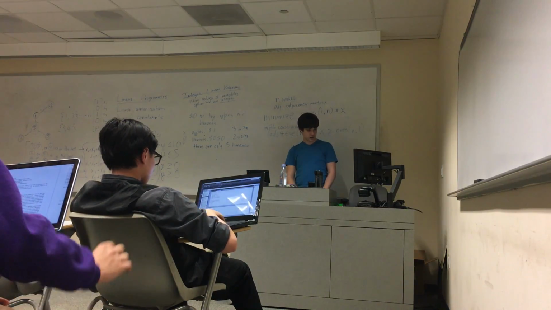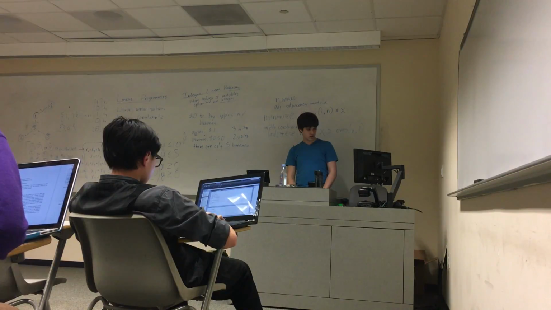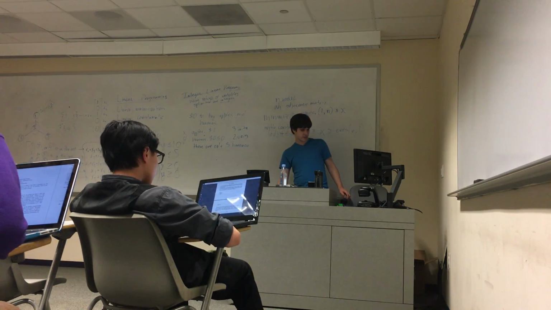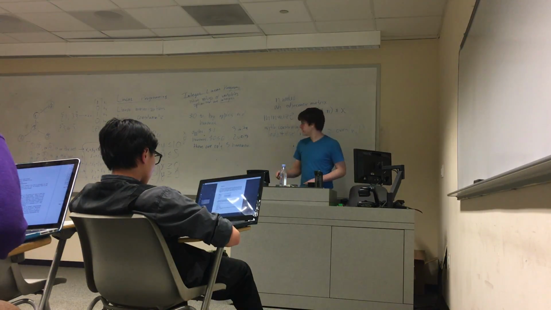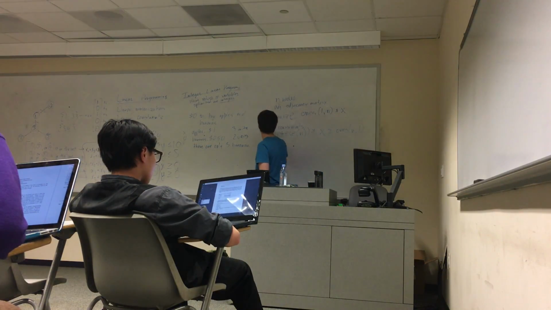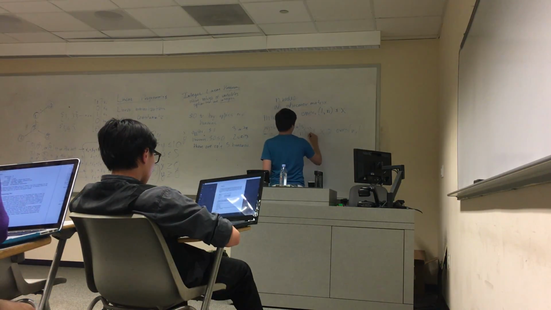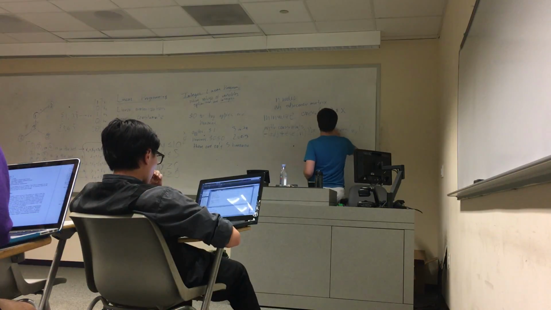Let me just make sure. AX is less than or equal to B. So it actually has to be negative adj plus I of n over here is less than or equal to